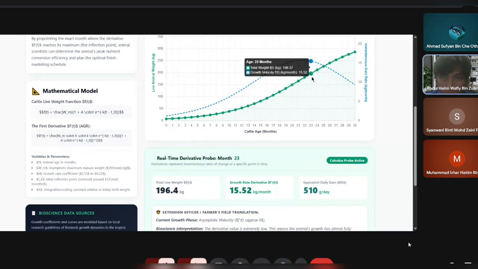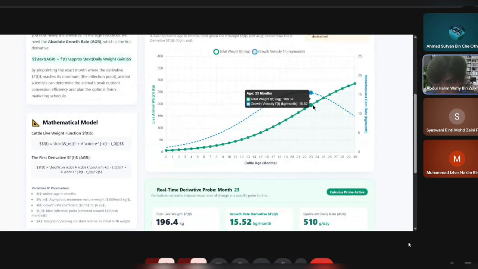Next, months 11 to 23, the graph shows growth velocity 15.52 kilograms. And total weight is 196.4 kilograms. This is the highest in that month. And next, 24 months to